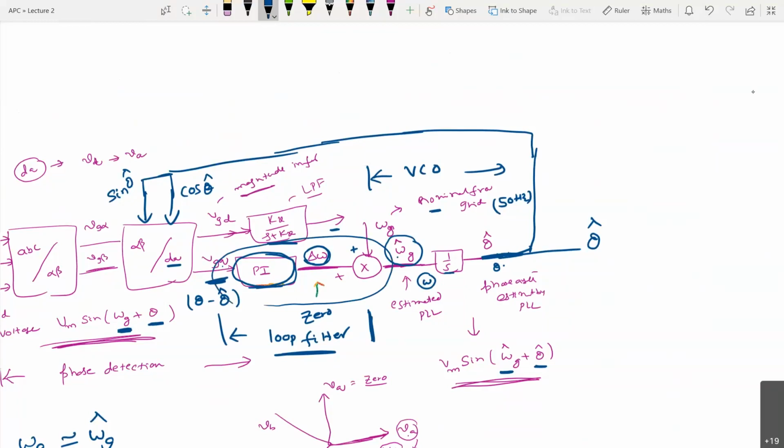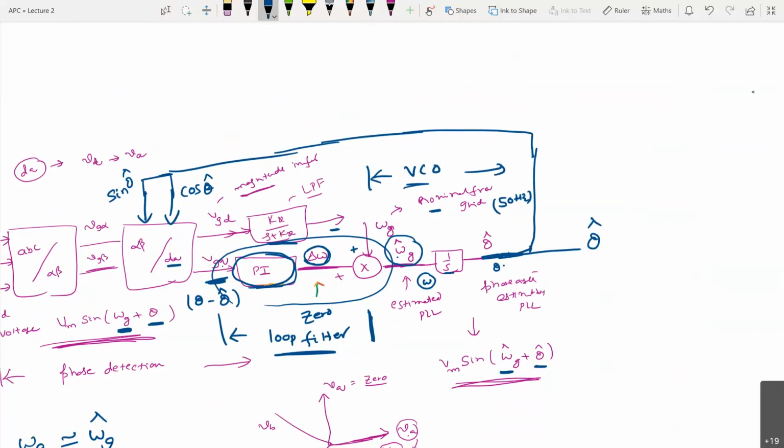Again, whatever that PLL, this voltage core, this VCO, that is the voltage controlled oscillator, normally remains the same. Generally, its phase detection remains the same, and this voltage controlled oscillator also remains the same. So the only change that we can expect is designing a proper loop filter. Okay.